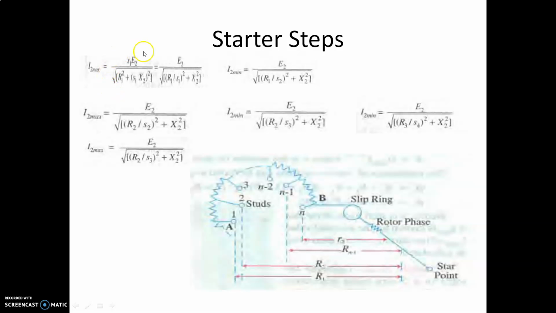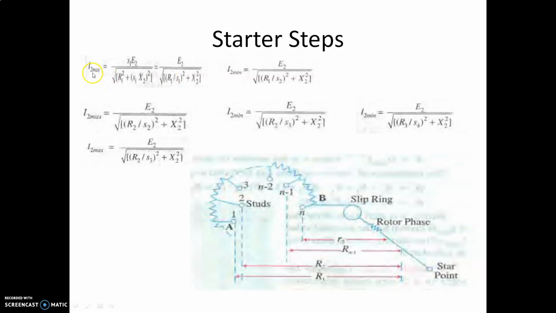This is the fundamental equation of rotor current of an induction motor: I2 = S E2 divided by the square root of (R2 squared plus (S X2) squared), where that square root is Z2. From this equation you take out the S, so that you make the reactance a constant parameter and resistance the variable parameter. So resistance is going to be varied. This is the conventional equation.